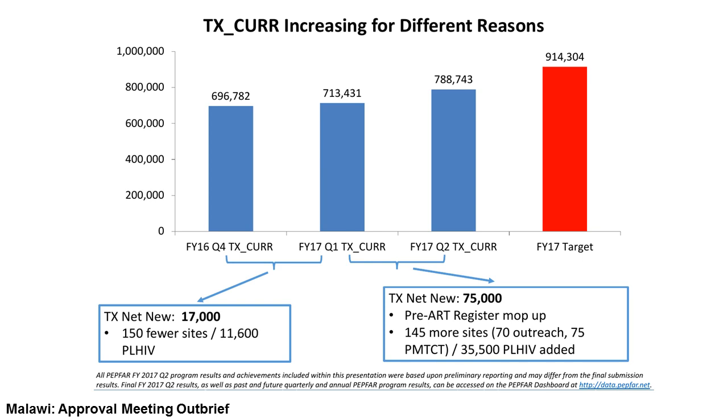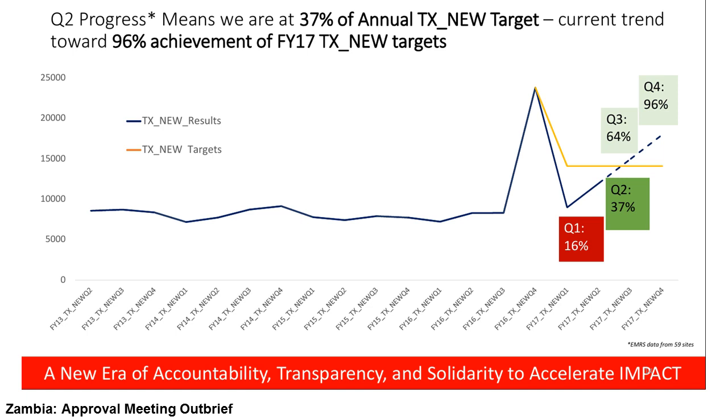Next slide. This is an example from Zambia, and I think it's actually an example of where people make the case poorly about what they expect to see in the future. And I'm going to just slide through this real quick. You can see this is a trend of the new people being initiated on treatment every quarter going back to 2013. And you can see the line is basically static. It stays about the same every quarter